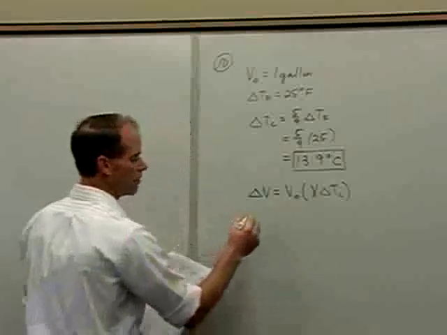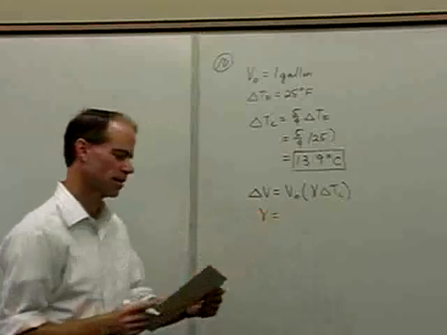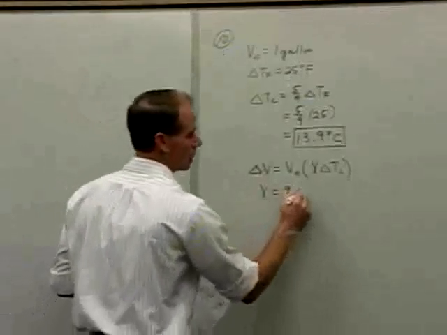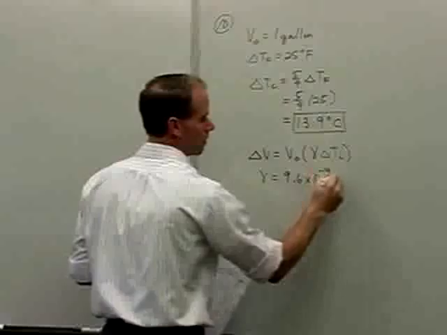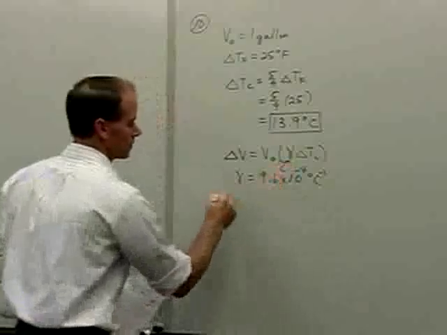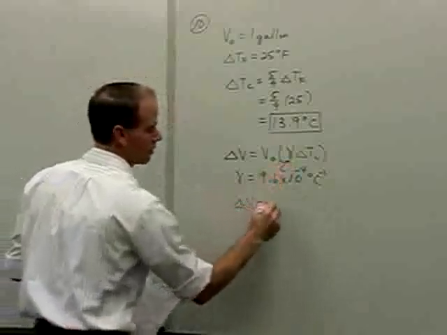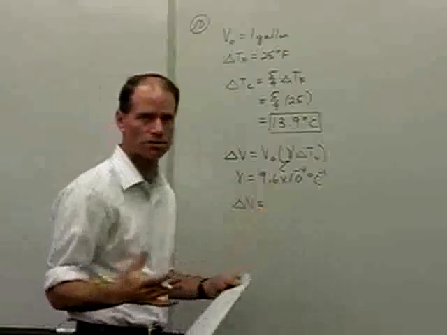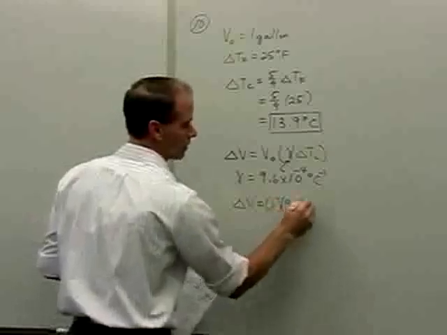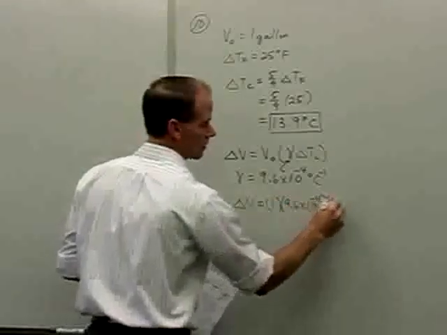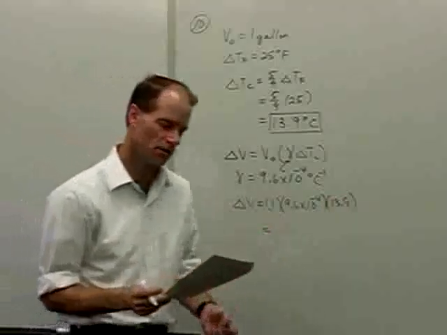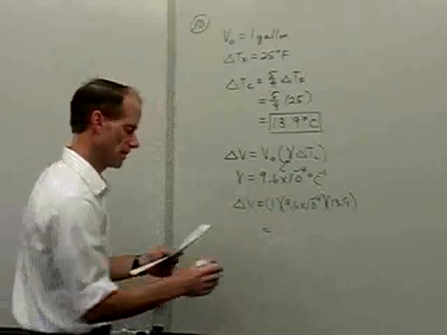Well, that was given in this problem. I was thinking a linear coefficient was given, but it's the volume that was given: 9.6 times 10 to the minus 4 per degree Celsius. So that's what is going to go in there. So let's say our change in volume would be our original volume, and let's just put it in terms of gallons. So we have 1 gallon times 9.6 times 10 to the minus 4 times 13.9 degrees Celsius. This will give us our change in volume in terms of gallons, which gives us